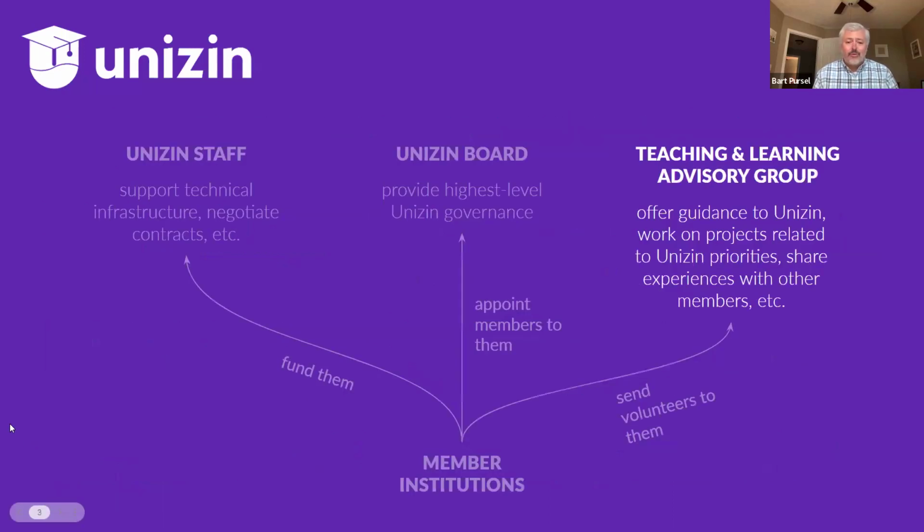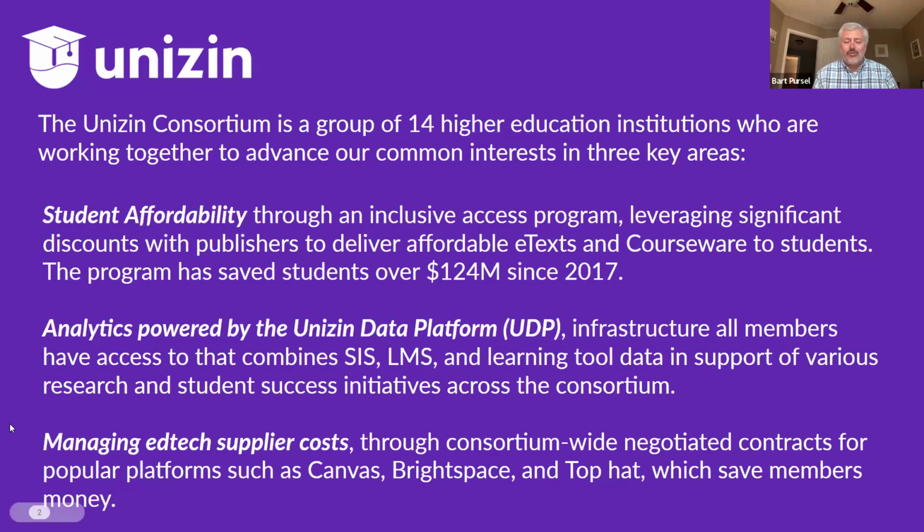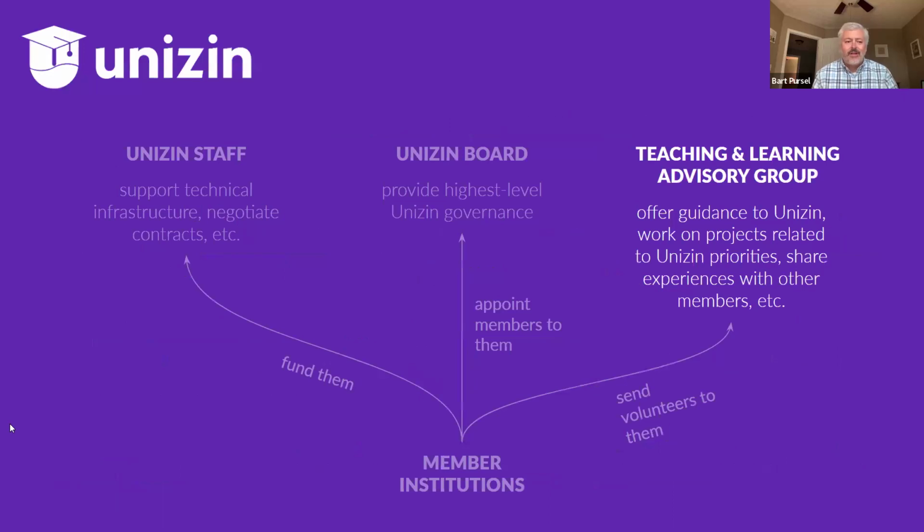And the fourth value stream is, John mentioned it earlier, our communities. So yeah, you can go ahead and flip to the next one, John. We have what we call our Teaching and Learning Advisory Group. This is really an umbrella group that a lot of different subgroups are sort of underneath this umbrella. We have groups where accessibility experts come together monthly across Unizen. We have application development group. We have a group for